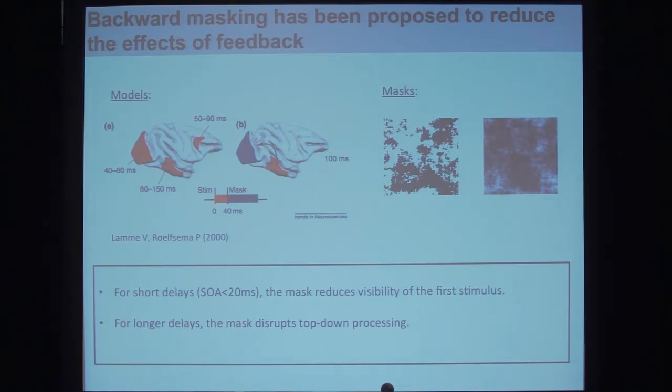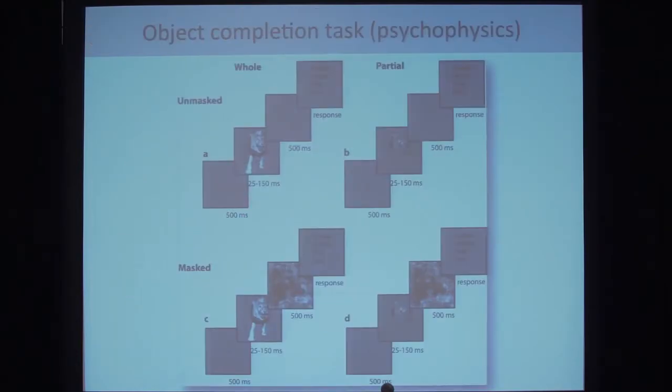In the human brain, we cannot cool an area. We cannot inject electrodes and lower the temperature of an area like Rick Bourne did in macaque monkeys. It's illegal to do that. Our alternative here is to use a technique called backward masking. Essentially, you present a picture, and very briefly after that picture, you present a mask. And it turns out that this has been hypothesized to essentially interrupt feedback processing. So at the behavioral level, we repeat the same behavioral experiments, and we conjecture that if feedback is important to recognize partially occluded objects, we would be able to impair performance significantly in recognition of partially occluded objects when we perform this experiment under backward masking.